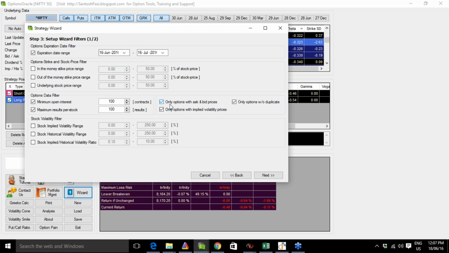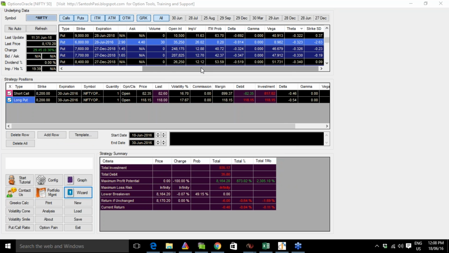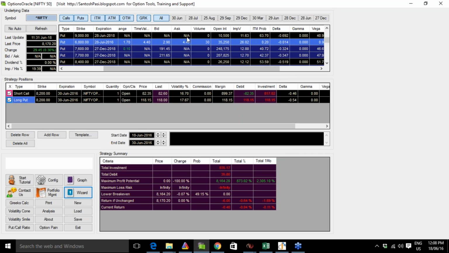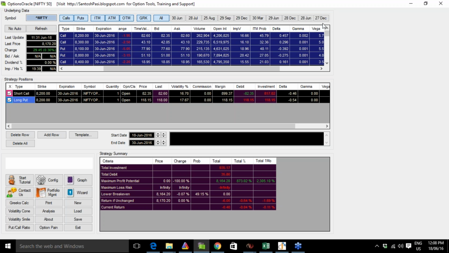They also have filters on contracts and results, maximum result per stock. Okay, they have no filter based upon volumes, I guess. Maybe you have to select it manually after getting those strike prices. You have to look into the volume figures and filter out manually. Okay, and